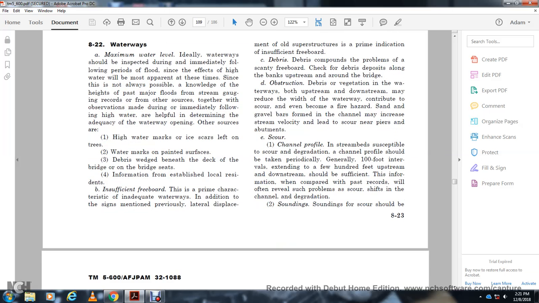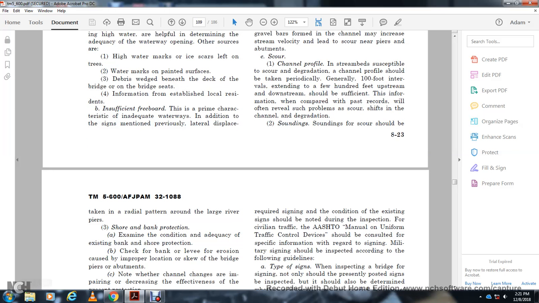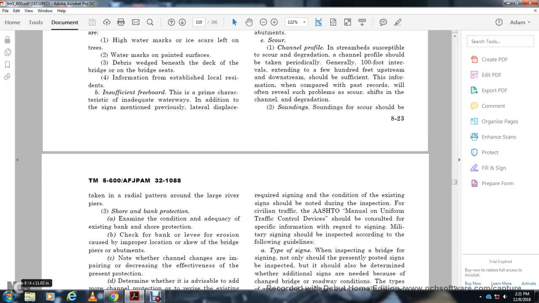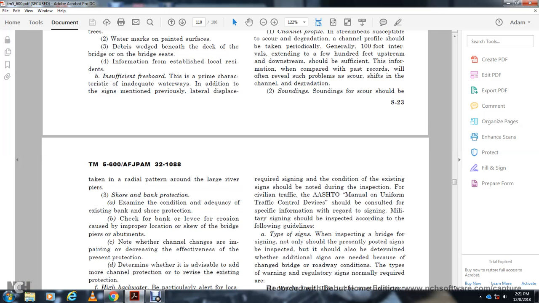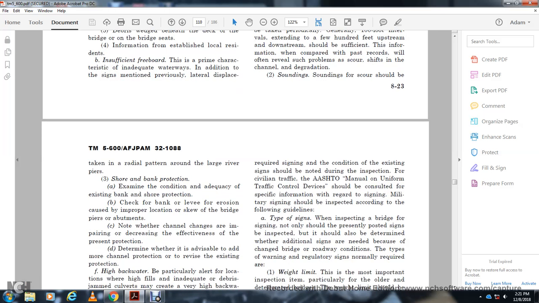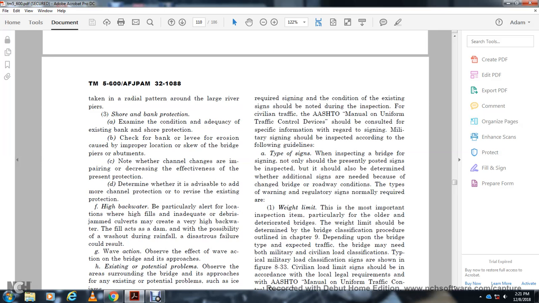Soundings should be taken in an aerial pattern with large rivers. Examine the shore bank protection, and in addition the adequacy of the existing bank and shore protection. Check the bank and levee for erosion, cover, extreme proper location, the skew of the bridge and the pair of the button. Note whether the channel is impairing the effectiveness of the protection, determining whether it is advisable to add more channel protection to the existing protection. High water backwater, particularly